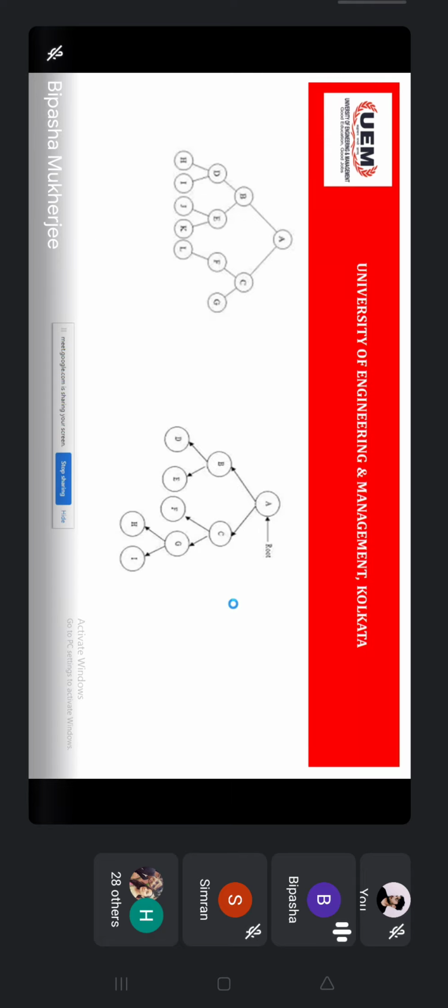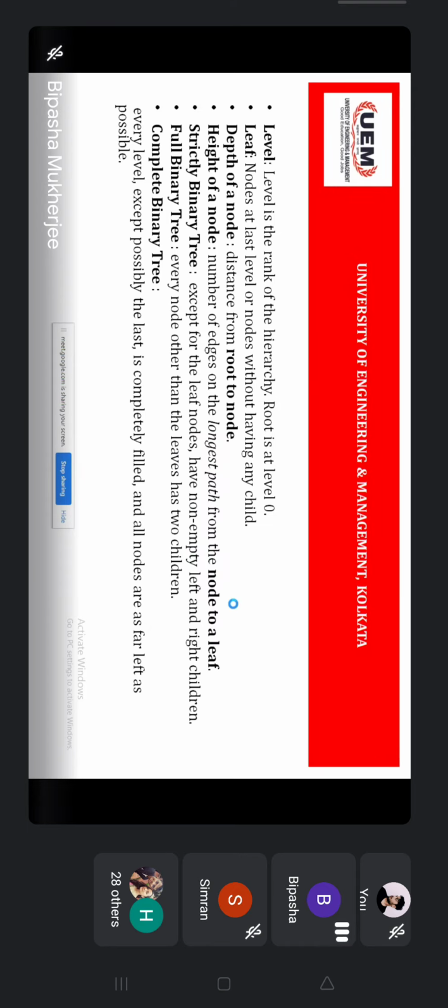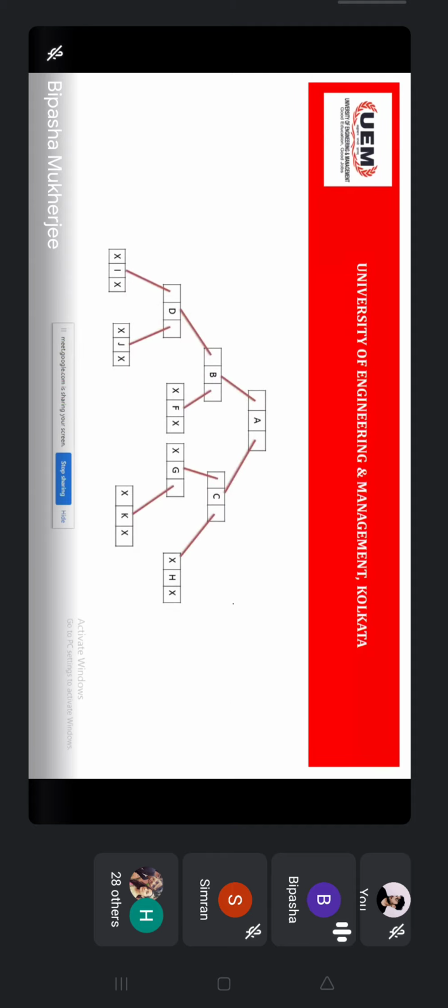Now, ma'am, last day I discussed another thing, which is representation of the tree using the double linked list. One representation was using the array and another representation was using this particular linked list.